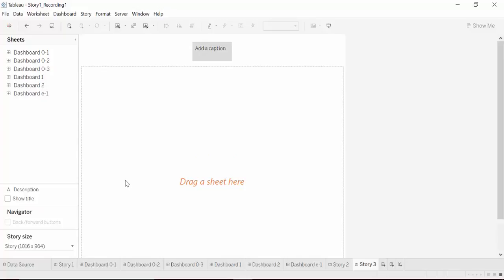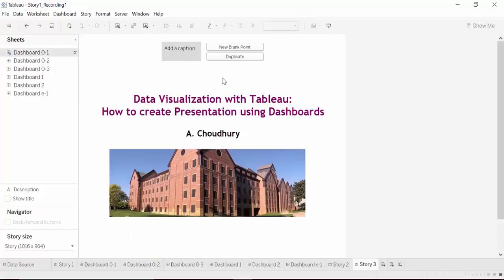The storybook creation is pretty simple. Once you have all your dashboards, all you have to do is bring in one sheet at a time and put a name on it. So I can call it introduction,